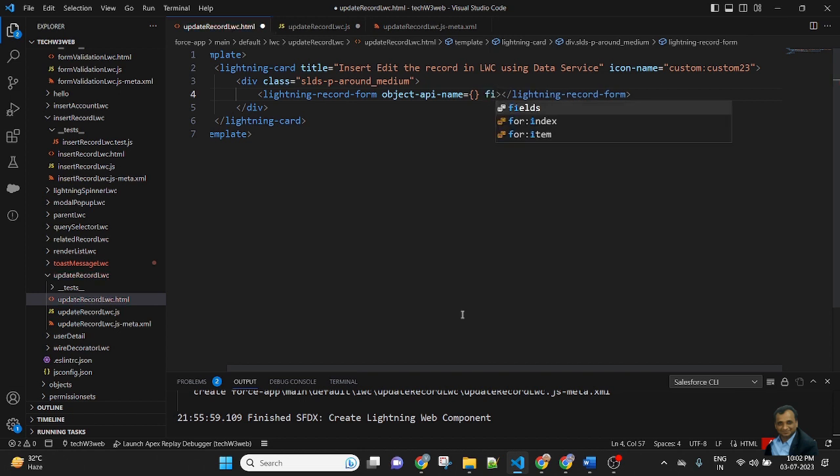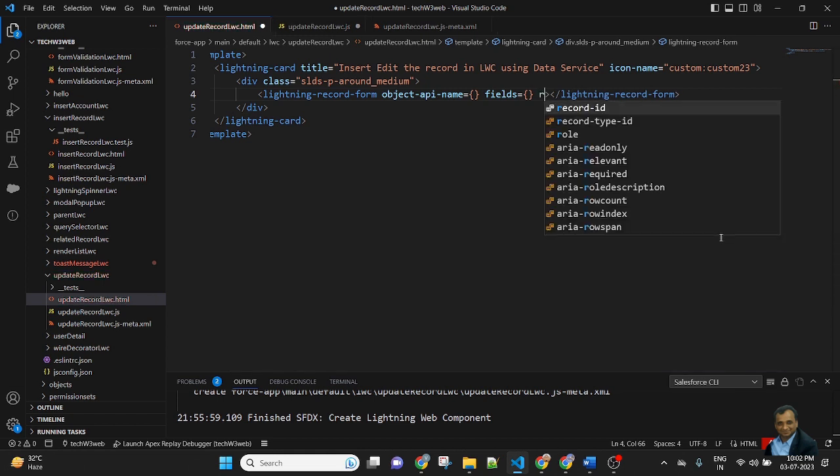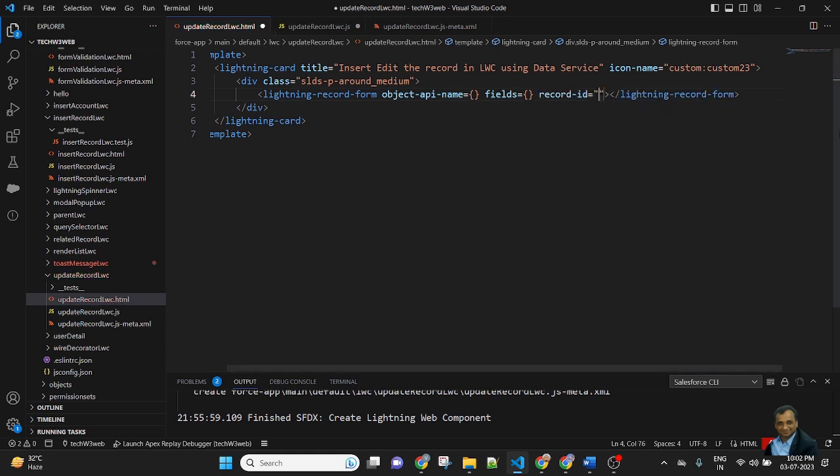Then fields, also passed in curly brackets. Then record ID, also passed in curly brackets. With the curly brackets, I will be calling the dynamic variable.